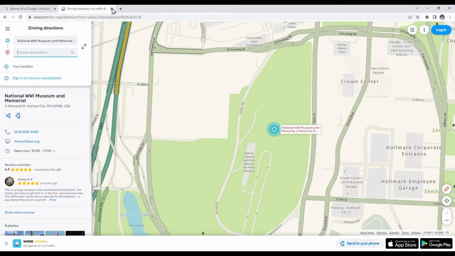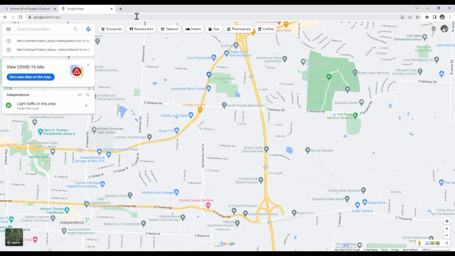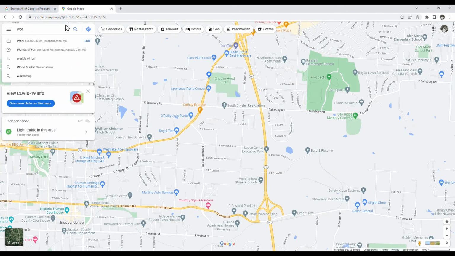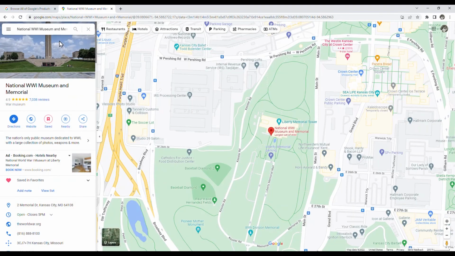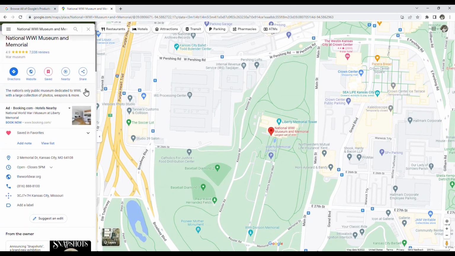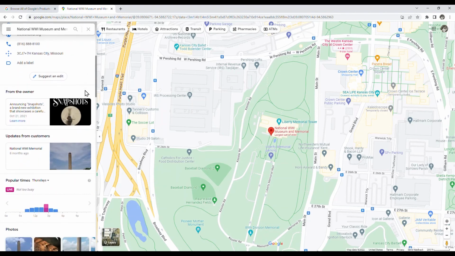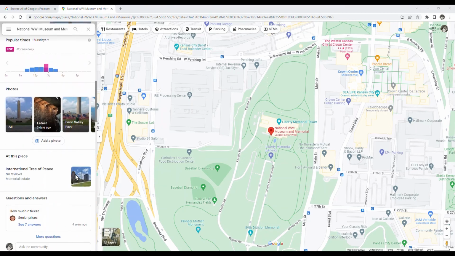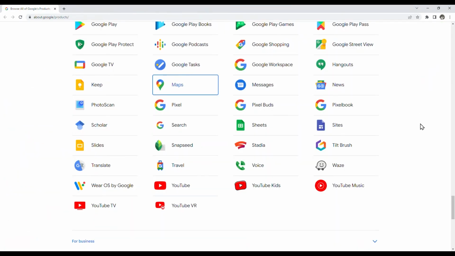Whereas with Google Maps, you can actually use it to look up and discover different businesses or companies in a certain area. Then you can get their information as far as when they're open, contact information. If they have a website, it'll link the website. And then you get reviews and all sorts of things. So there's really just a lot packed into Google Maps. So I did want to point out that there are two options, and you can choose to use one or